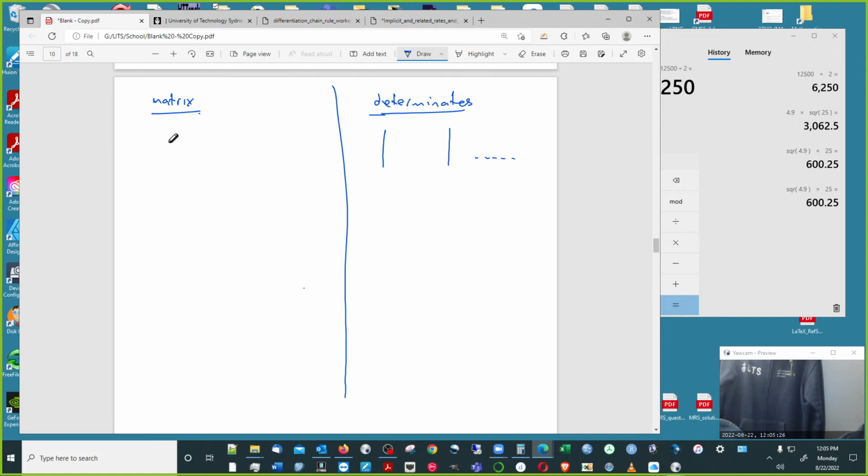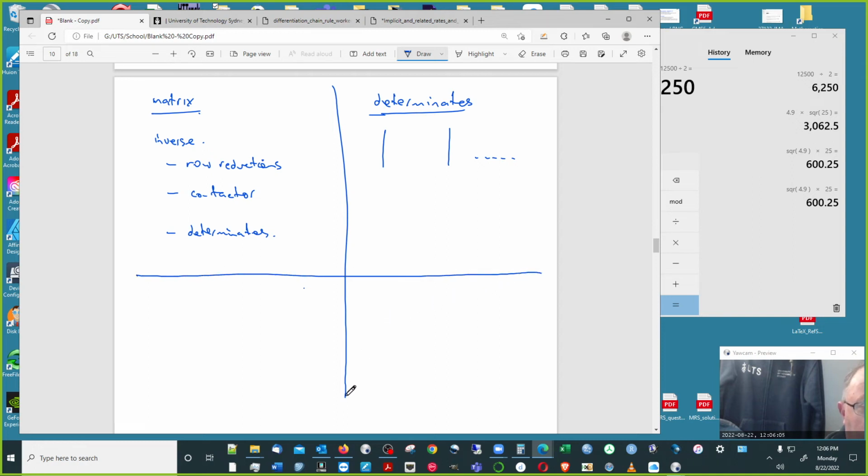Now, in terms of an inverse, there's basically three methods. There's your row reductions, there's your cofactor method, and then there's your use of determinants to do that as well. Now I'm not sure what they're going to ask you to do in terms of any kind of testing and such, but